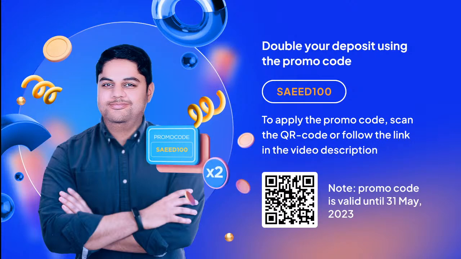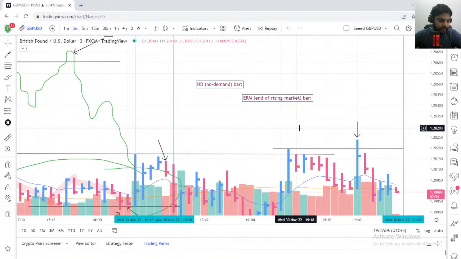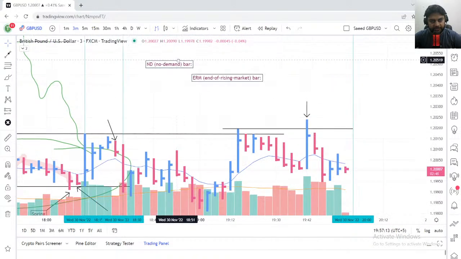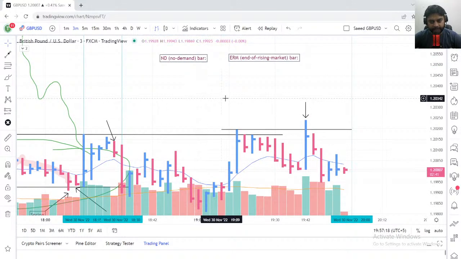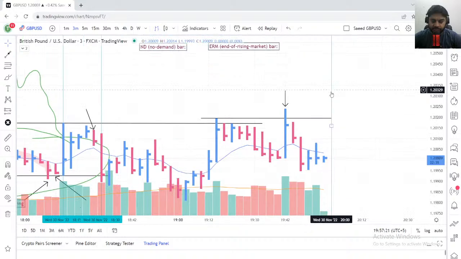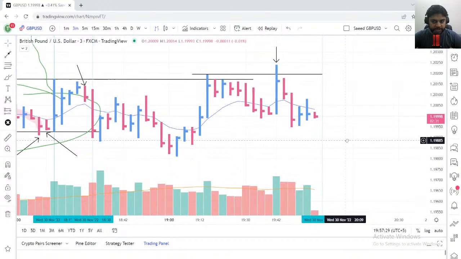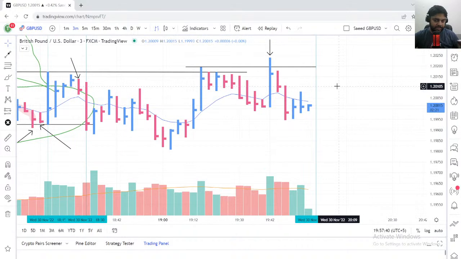So let's go back to our lecture now. So guys, you can see that we have these two amazing bars in the form of ERM and what? And no demand bar. And remember, we are going to have news over here. So do you guys think that we should trade the news? Should I trade the news with you guys or no? Please, can I see a show of comments from your side? If you are interested, then we can trade the news live right here, right now.